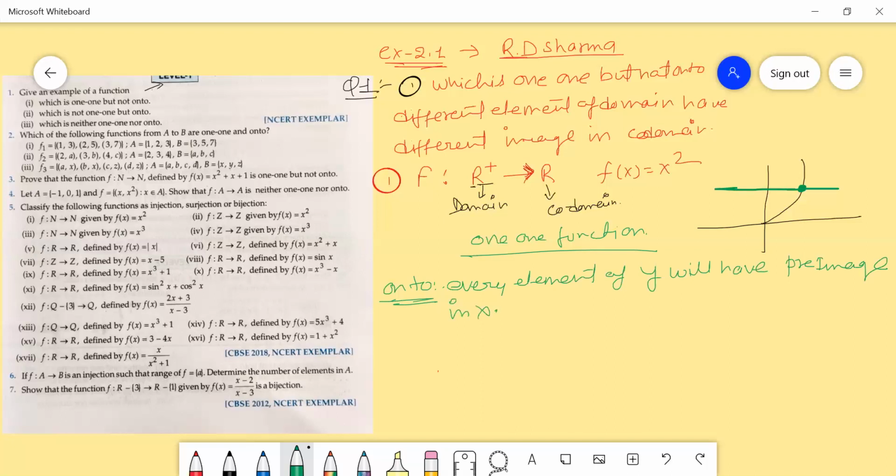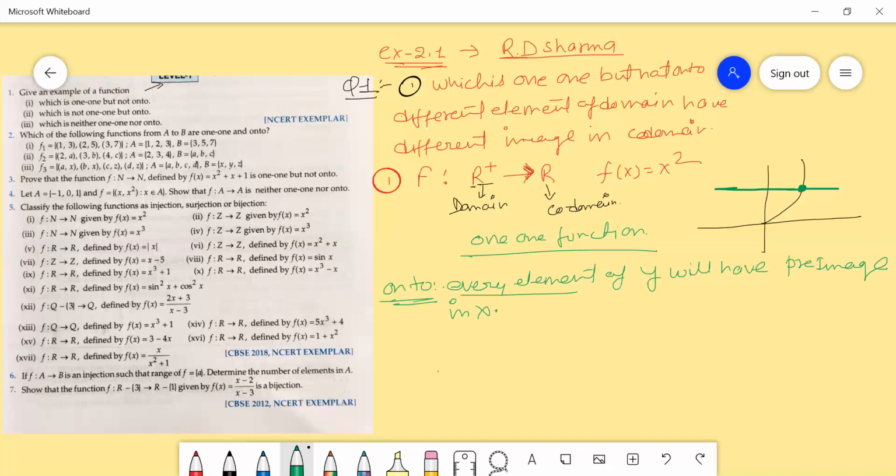Every element of Y will have a pre-image in X. So no element will be left in Y that does not have a pre-image. Is that clear? So our function is 1-1 but not onto.